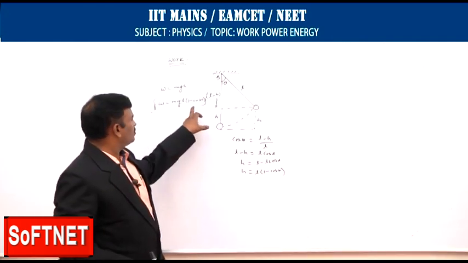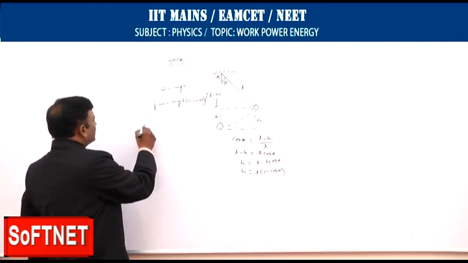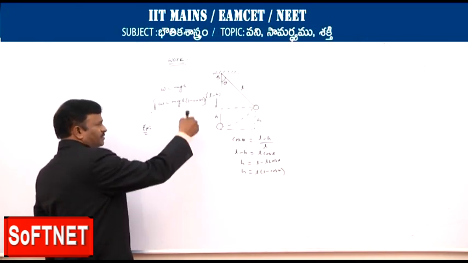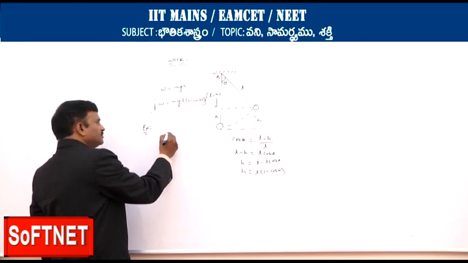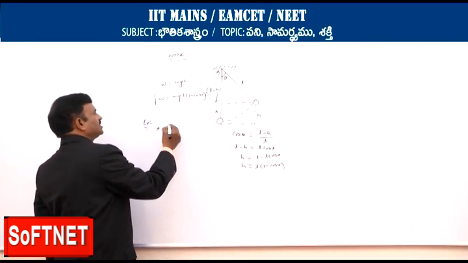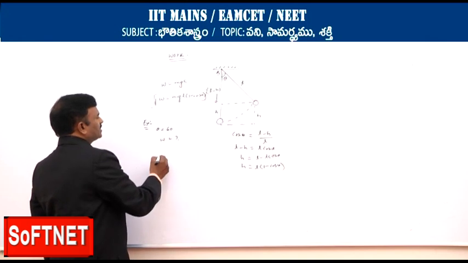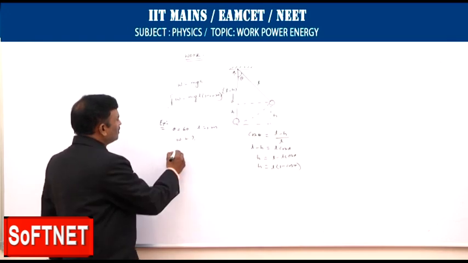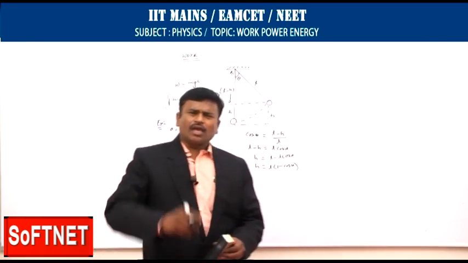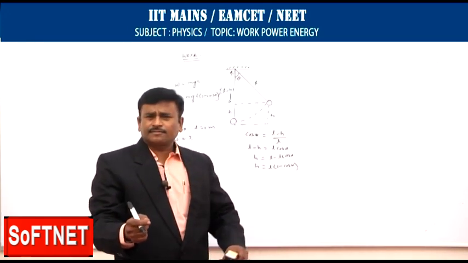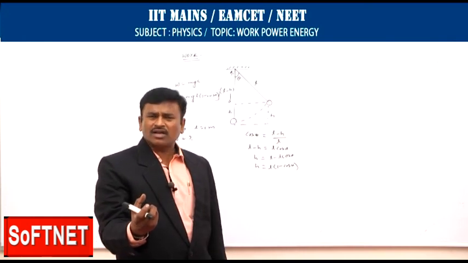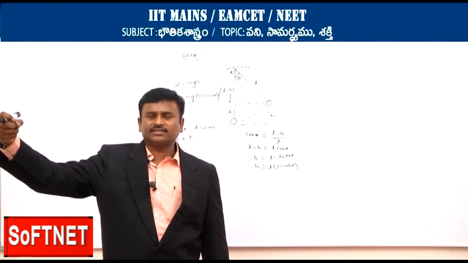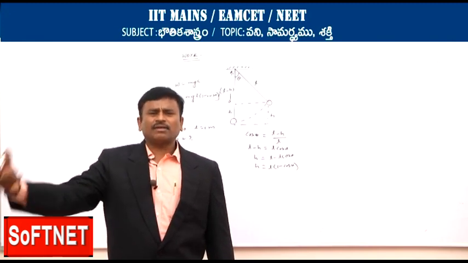The amount of work done is equal to mgL into (1 minus cos theta). We will take an example problem. If a bob is making an angle with the vertical of 60 degrees, theta is equal to 60 degrees, how much work will be done? The question will be framed like this: a 1 meter length thread is attached to a bob of mass m, and it is pulled to the side by making an angle theta, 30 degrees or 60 degrees, with the vertical. What might be the work done?